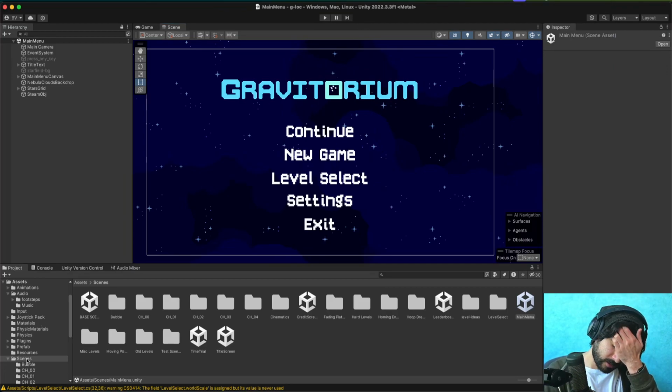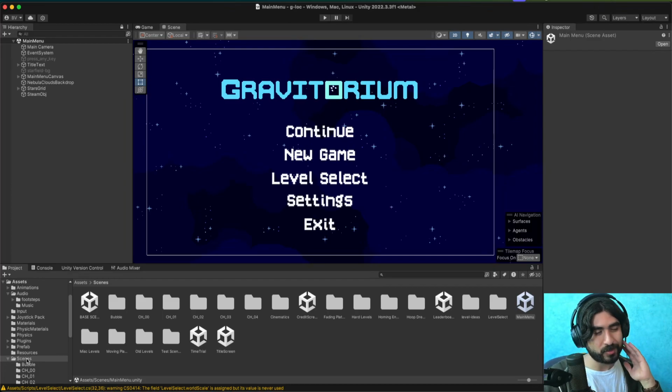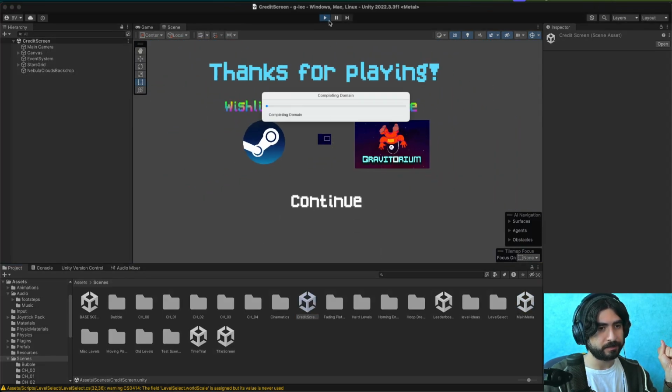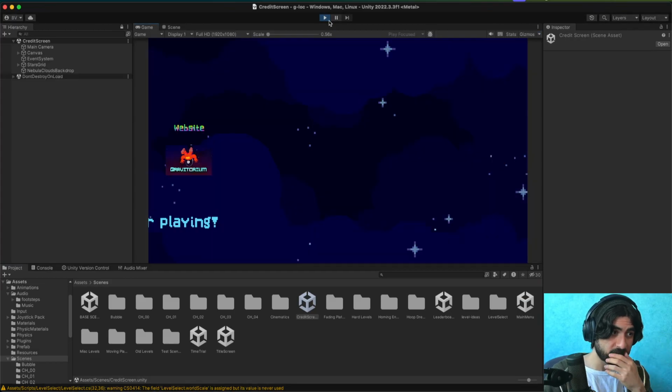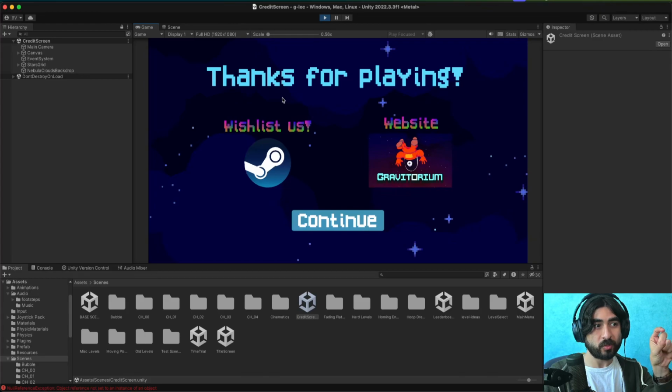Okay, now thinking back to how these images and whatnot work, it'll be a floating button. Okay, let's go to the credit screen. This is going to be the easiest way to take a look at this. Let's run the credit screen. Let's hope this works. Okay. It's going to be one of these. It's going to be, hey, join our Discord, with a Discord icon here. And when you click it, it is going to do what you think it does.